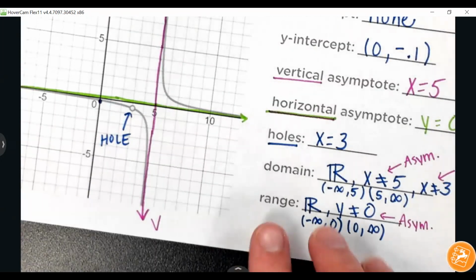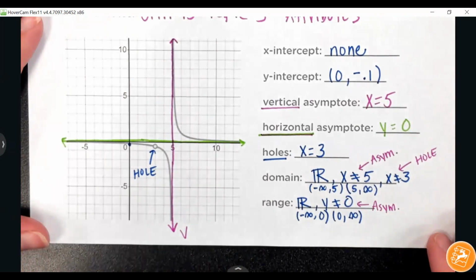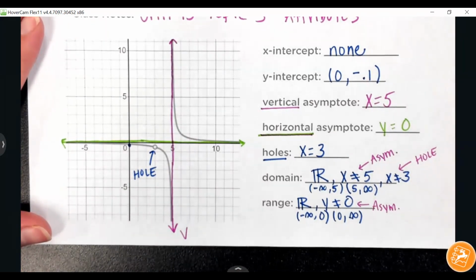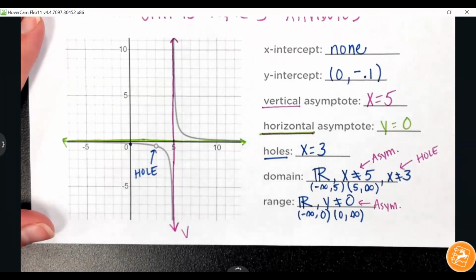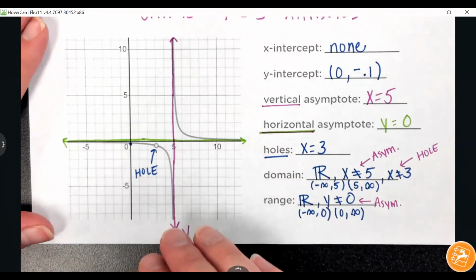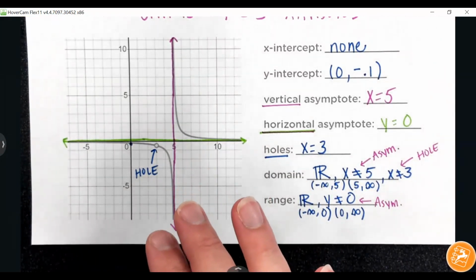Okay. Now, will every graph have a hole? No. Will every graph have 2 asymptotes? No. Okay, so you really have to pay attention to your graphs and see what you do and don't have on there. So today we are only practicing the graphs. On Monday, we will move on to the